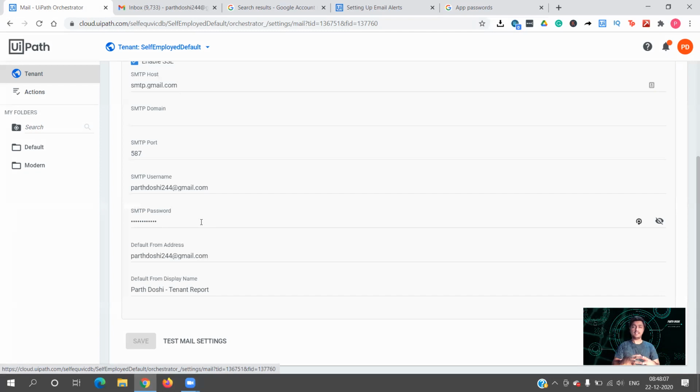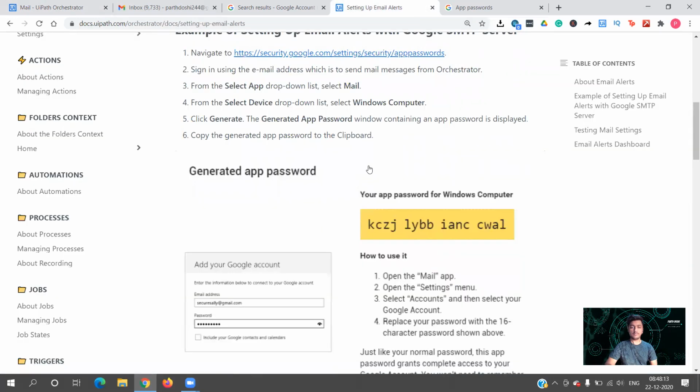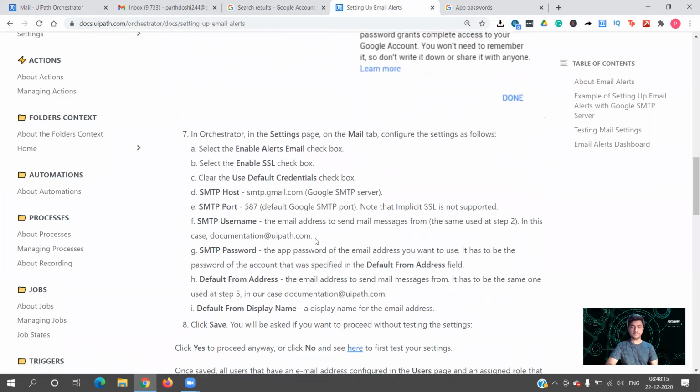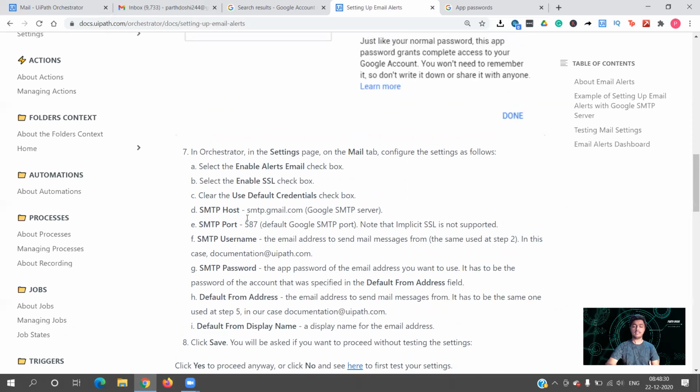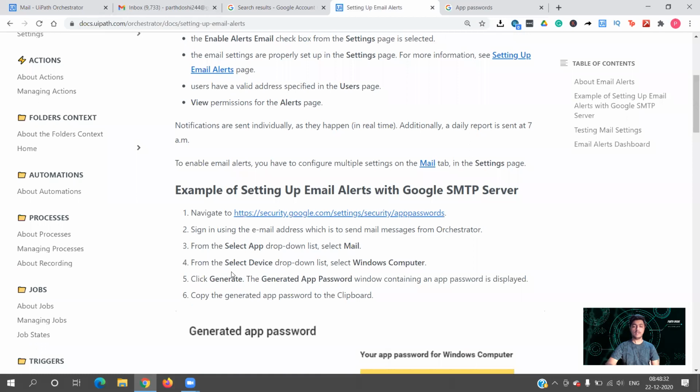So now we have provided the username, that is our email ID, then the password. Now default from address, let's see what's written in the documentation. The email address to send mail messages from has to be the same one used at step 5, in our case documentation@uipath.com. What they are saying is whatever we are using over here in SMTP username, that same needs to be used over here, right?